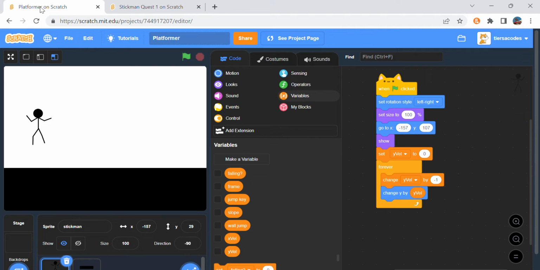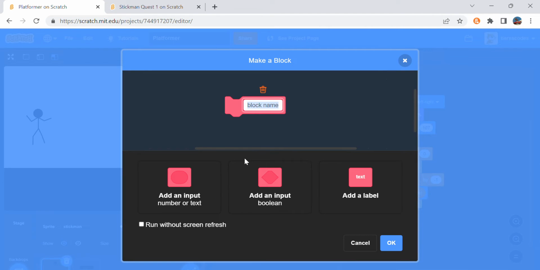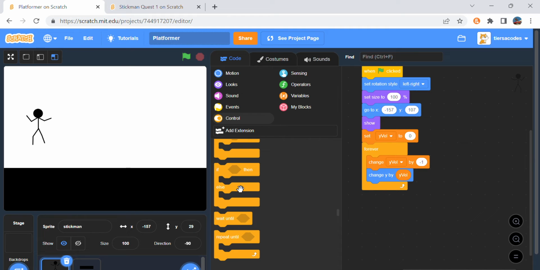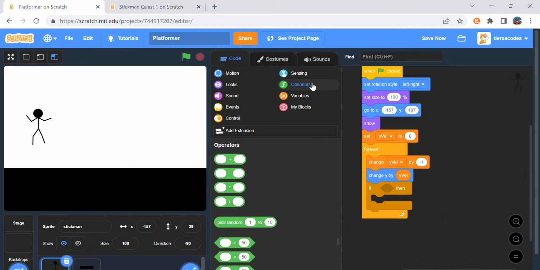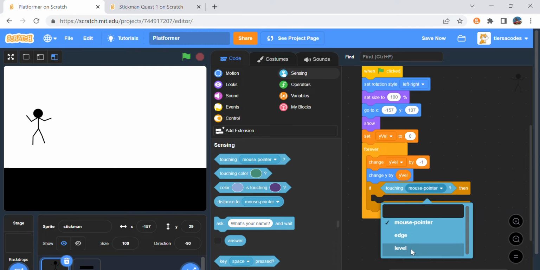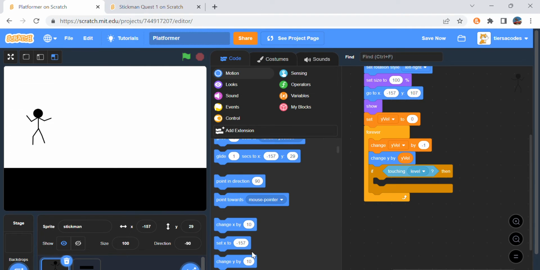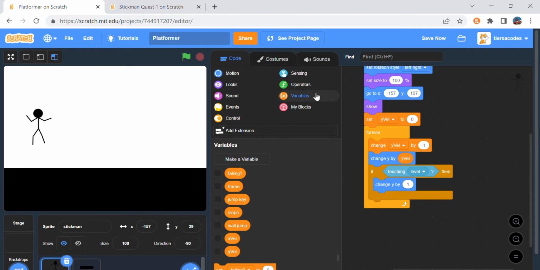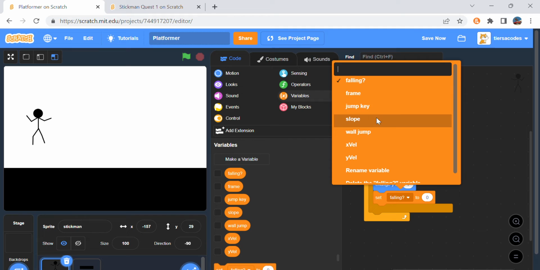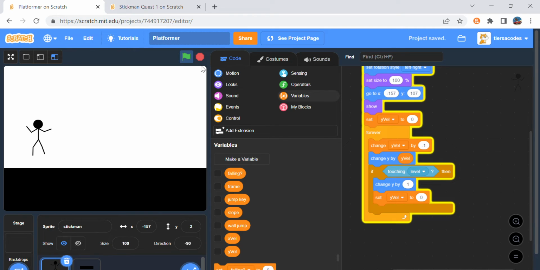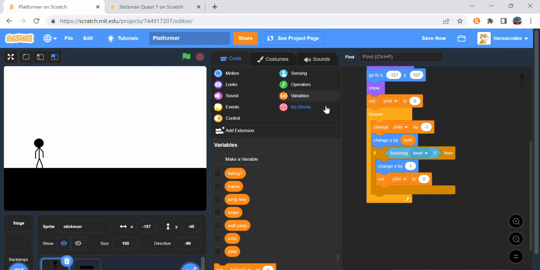Okay, now let's make collision. Make a new block. Oh no, hold on. So if we are touching the level, then we're going to change y by 1, and we're going to set the y velocity to 0. But we don't want it to look like it's going to round. So